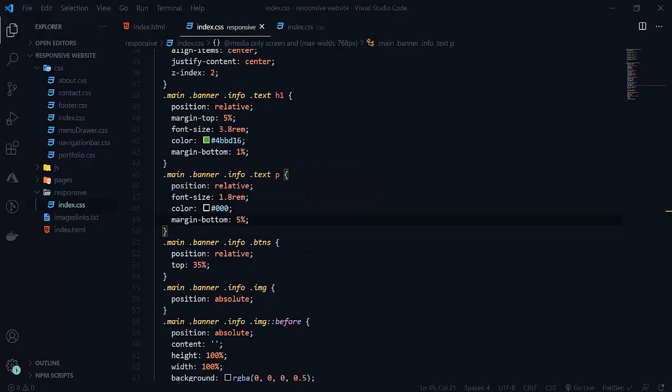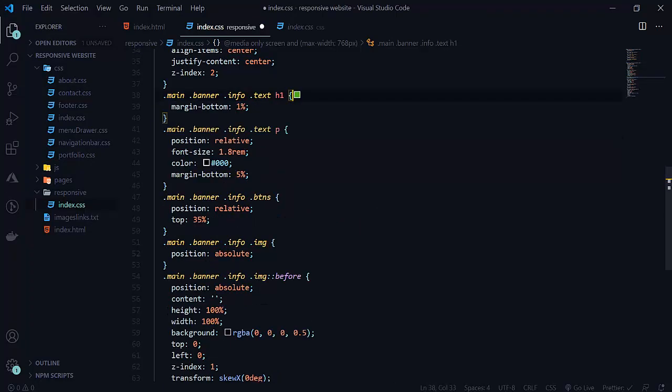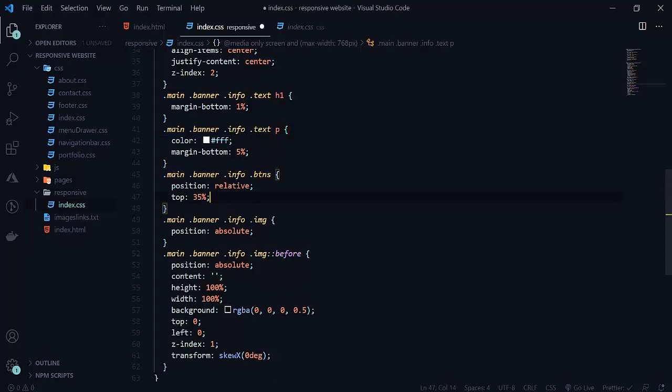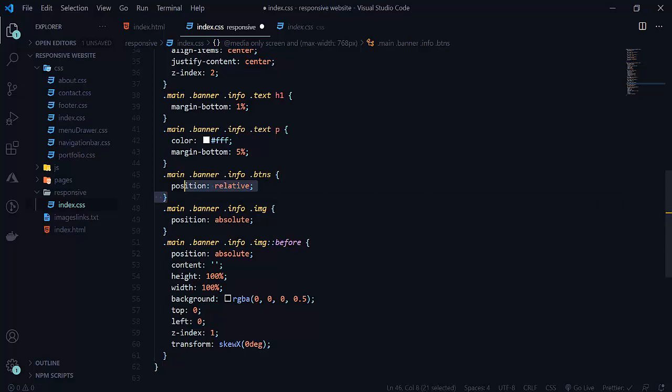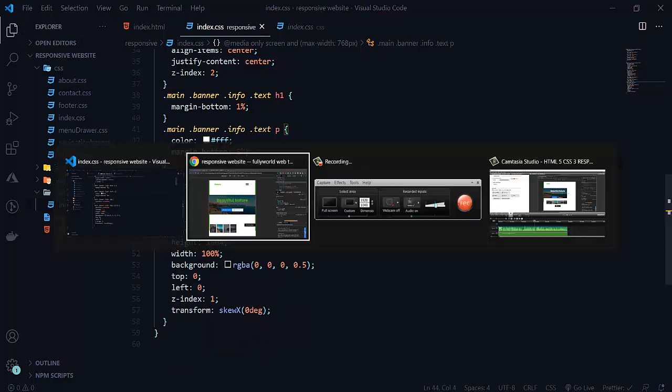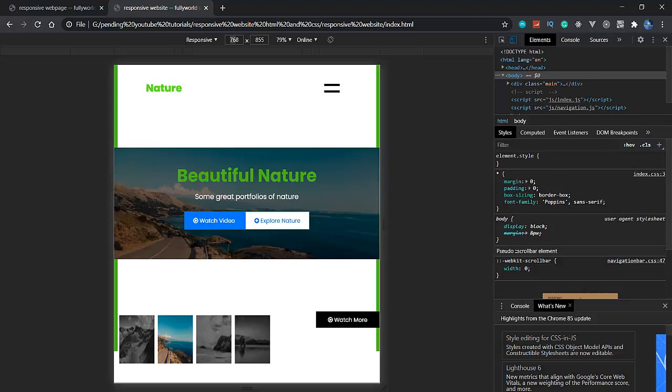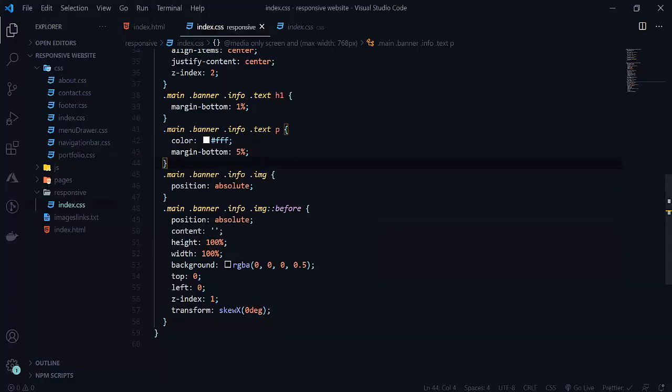So let's change our image text here. So we don't want anything here, just remove this for h1 here, and here we just want to change color to white, and the rest is okay here. So let's remove this and we change just margin bottom here, and this one for buttons we are not changing anything here, so let's remove this also. So now it is looking good, but see that this one here is white in color, so white color is not looking good here. So for that we just change this now here.